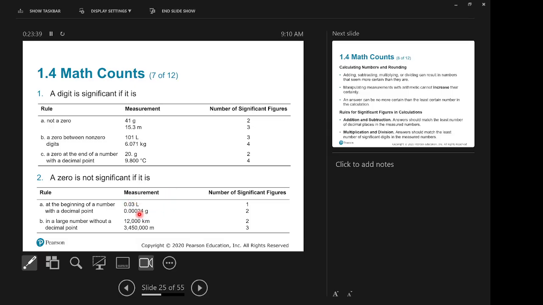So right here, we start counting at the 2, 2, 4. Okay? All right. So let's say that we had something like, how many sig figs? 1, 2, 3, 4. And these are significant because they are sandwiched in between, right? Okay. How about